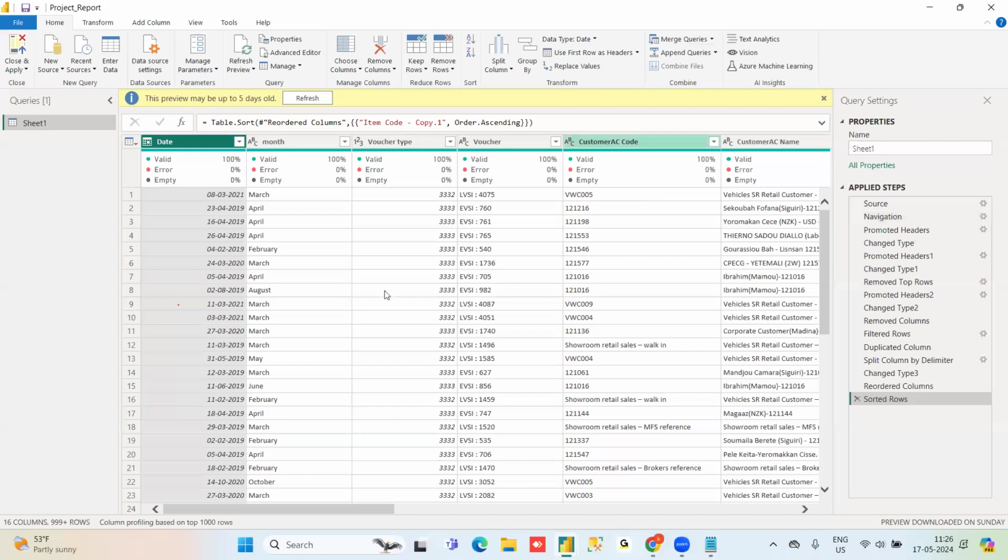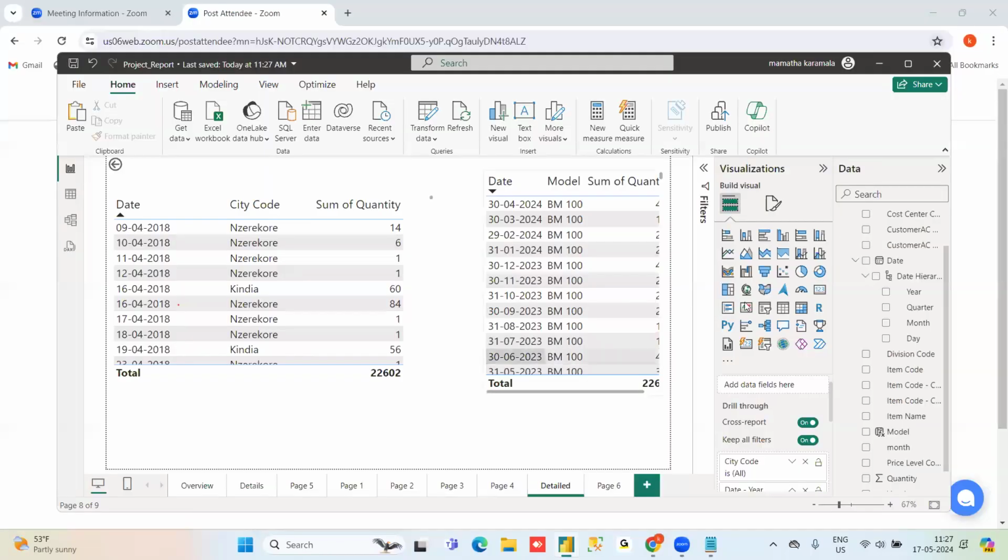But this file is required for me. I don't want to disturb this file. Let me take a fresh file only. Okay, please mute yourself, ma'am. Let me open another file, because I have already done a few transformations in this report.